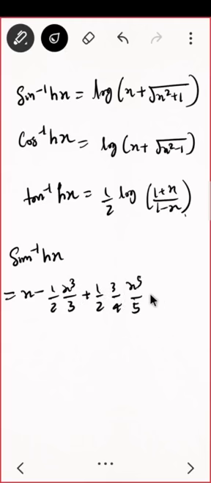Do you see how beautiful it is? 1 2 3 4 and 5 5, and next will be 1 upon 2 3 upon 4, then 5 upon 6 x raised to 7 upon 7. Nice. You see this is minus here, and next term it will be plus and so on. This is alternate plus and minus.